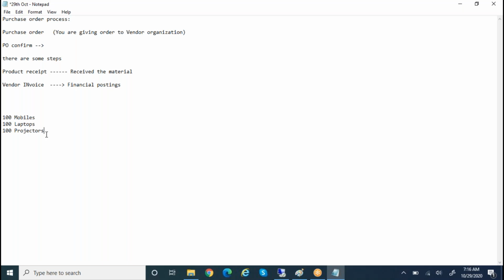So forget about the application Dynamics AX. You are running business. You have started business by spending 2 crores of money. Forget about Dynamics AX. Now,